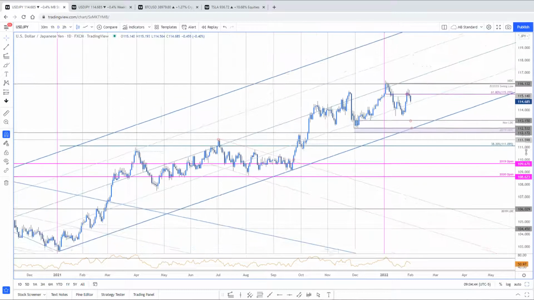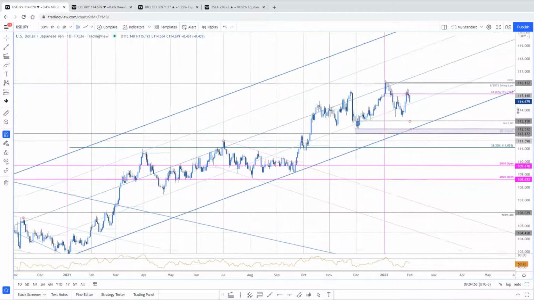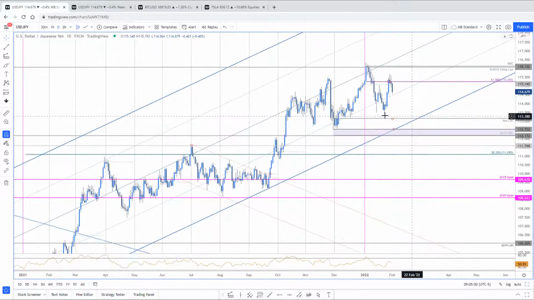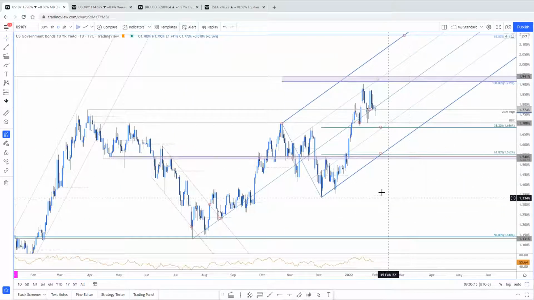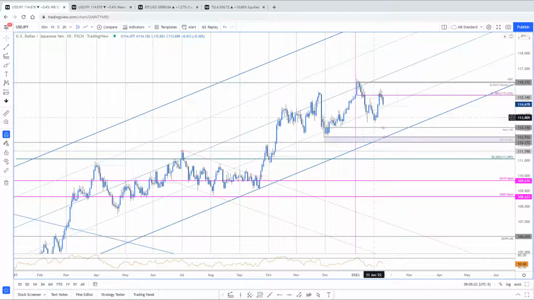This is the pitchfork we've been following since last year. Again, you haven't seen too much respect of that median line. The 25% parallel has been a pivot, but what do you do with a trade like this? I think there's a lot of indecision here, guys. The market tries to clear out a very sensitive pair to interest rate expectations, a very sensitive pair to US Treasuries. Here's what the US Treasury yield looks like on the 10-year. Very similar type of chop. So all things held constant, this is still, for my part, a range-bound play.